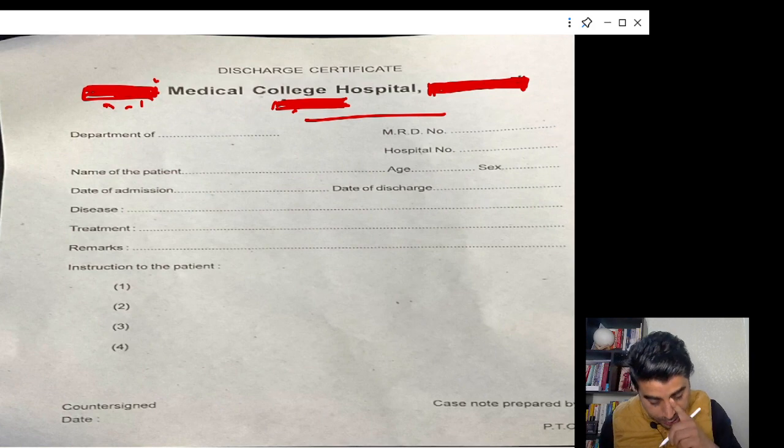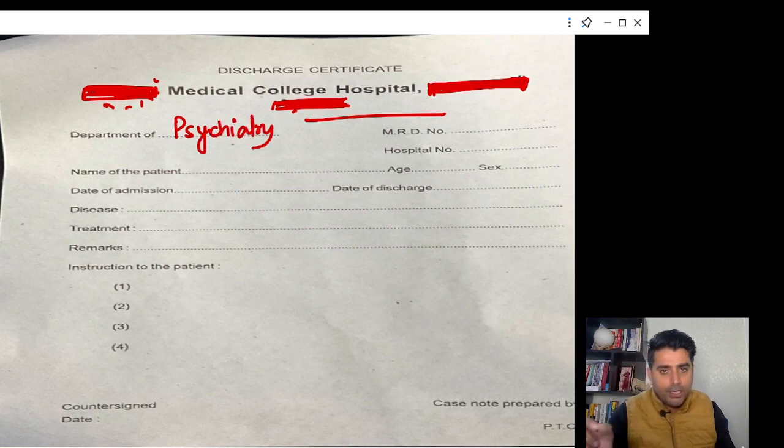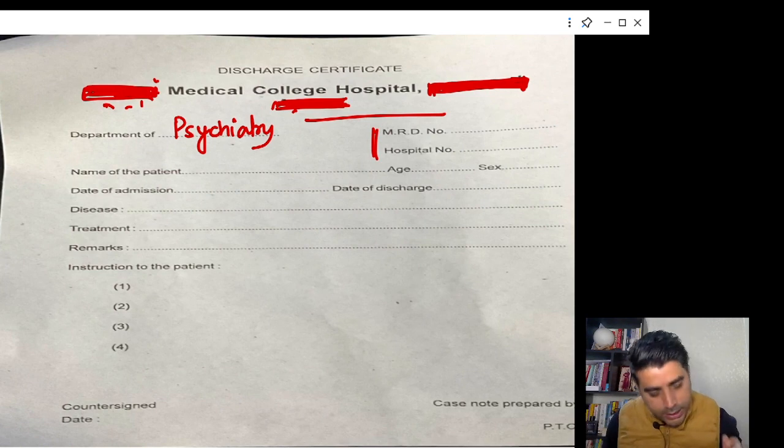This is the discharge certificate. Now on the discharge certificate you need to write which department. Definitely your department is the psychiatry department. Don't write short form, write full form. Psychiatry, MRD नंबर, हॉस्पिटल नंबर, ये आपको कहाँ मिलेगा? MRD हॉस्पिटल नंबर आपको हॉस्पिटल में आने के साथ साथ मिल जाता है पेशेंट को। MRD नंबर के लिए अप्लाई करना पड़ता है, 1-2 दिन में हो जाता है, और साथ साथ भी हो सकता है एडमिशन के बाद।